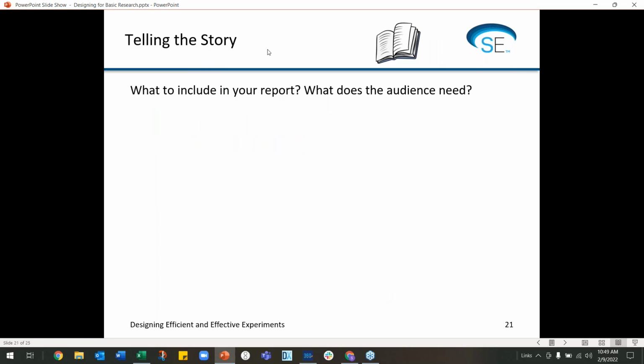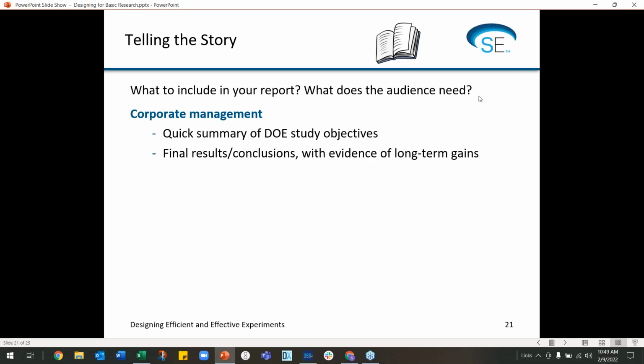Lastly, you have to tell the story. What do you include in your report? And that is answering the question, what does the audience need? So it depends on your audience. If your audience is corporate management, then you might do a quick summary of the DOE objectives, and just some basic outline of what you did, and then the final results and your conclusion with evidence of long-term